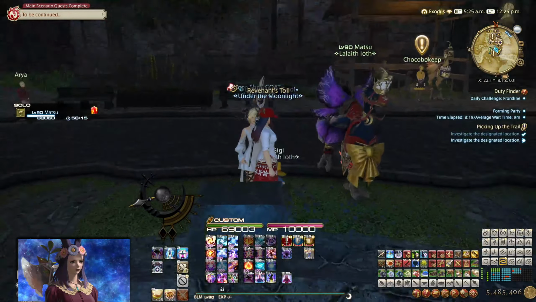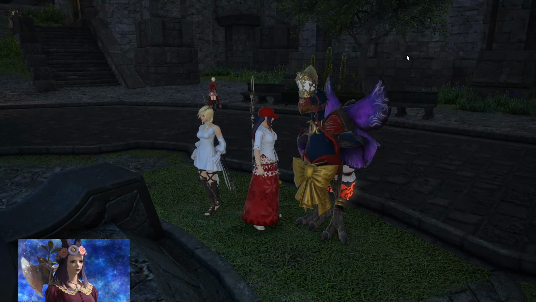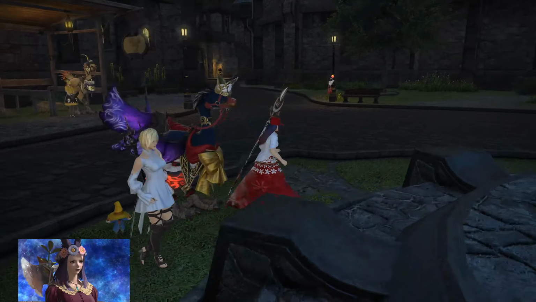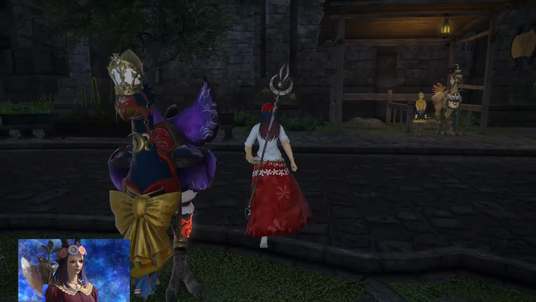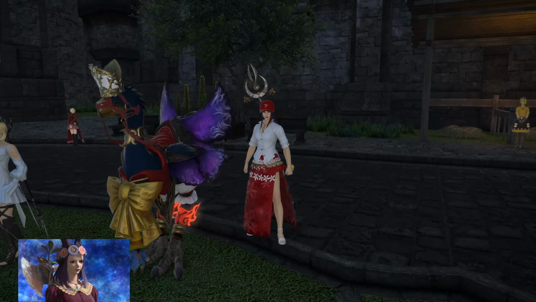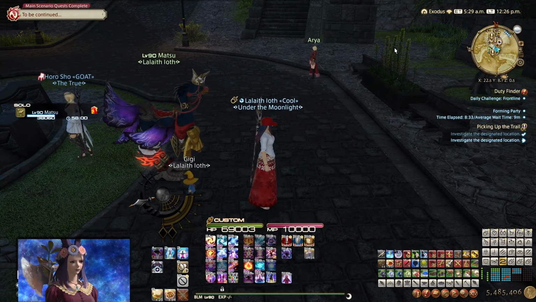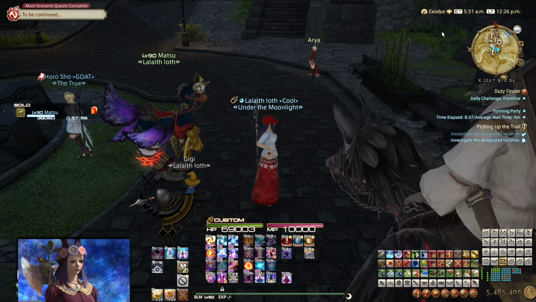Oh, here's Matsu. That's my bird. Speaking of how much Uematsu has influenced me, my Chocobo is named after Uematsu. So you're something that's average wait time 9 minutes. Oh my goodness. So here's something that's